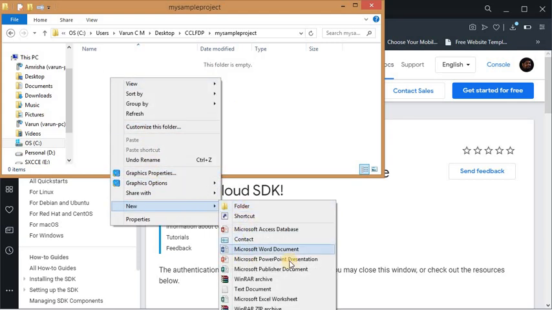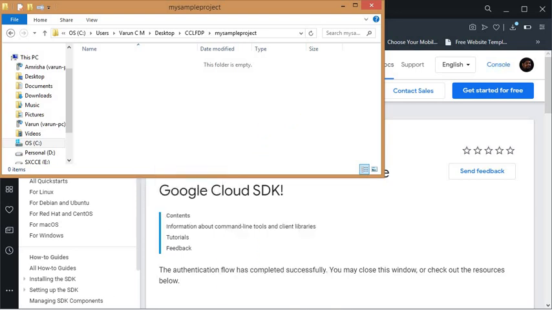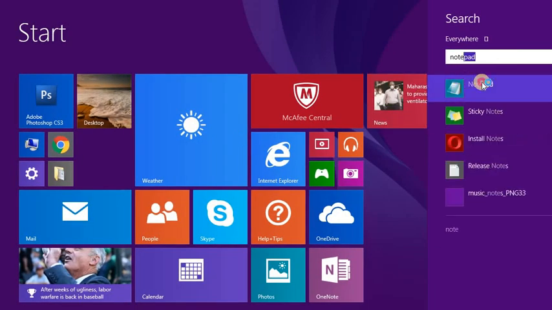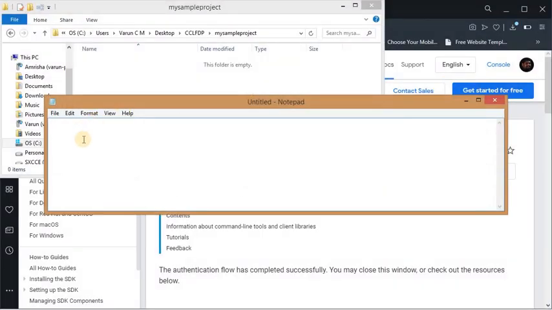Let me create one. You can directly get into a text document, or you can open a notepad. I have opened a notepad. In that, first I am creating my Python file. So print content.